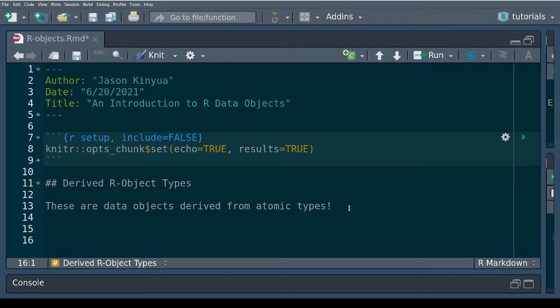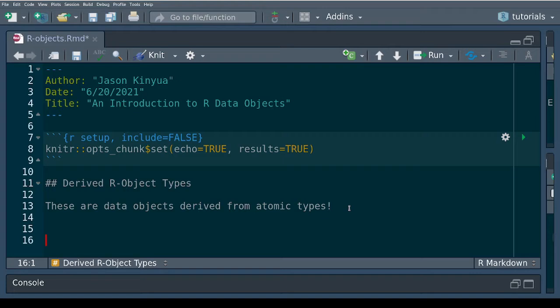We have vectors, we have factors, we have lists, we have matrices, we have arrays, we have data frames, we have tables, we have data.table, we have dates, and several others. So we can start with the vectors because this is the building block. Most of them will be built from vectors other than dates. Dates, okay, you can create a vector of dates, but dates should be considered as an atomic type. I don't know why it is not considered as an atomic type, but